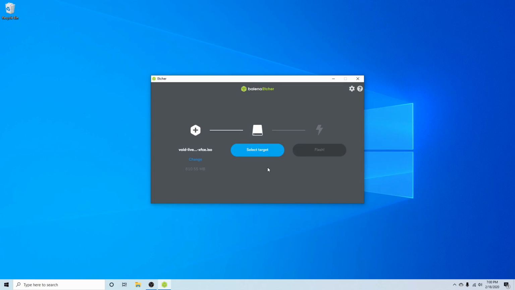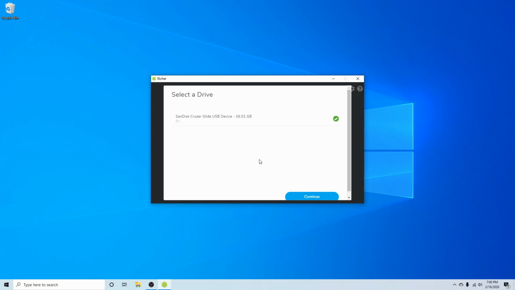Next, I'm going to go ahead and put in my USB, and it will automatically populate for me. Now, if you have more than one USB, CD, or DVD, you can go ahead and hit the change button and select the proper USB, CD, or DVD that you want to go ahead and put the live Void Linux